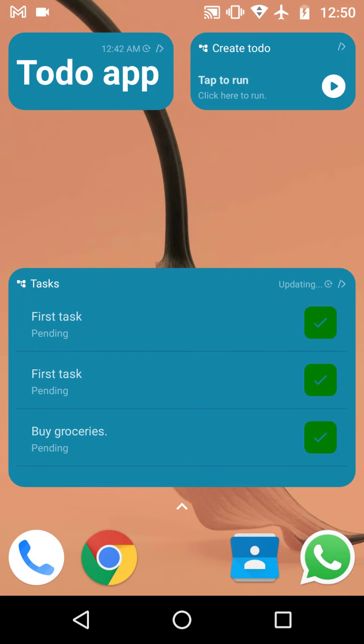Sorry about this. So it's updating the widget now, and you can see that the status of buy grocery is changed to done. Okay, so at this point you can add a task, you can change the status of the task to done. One more thing I want to do, I want to keep track of how many tasks are done or how many tasks are pending throughout the week. So let's go back to task flow again,